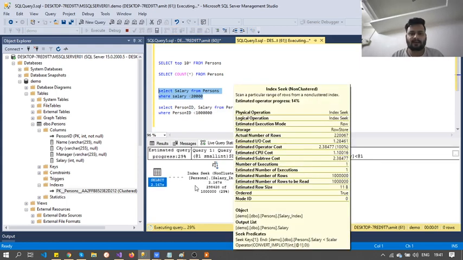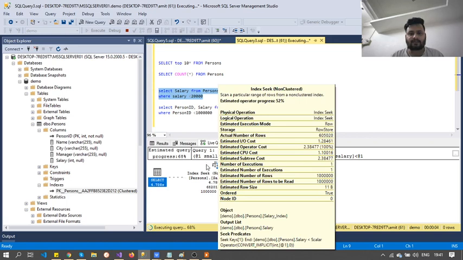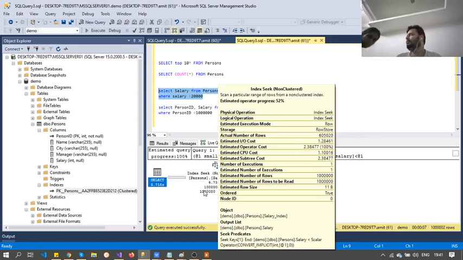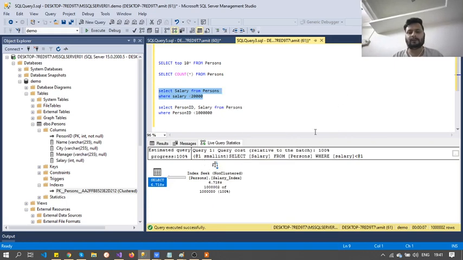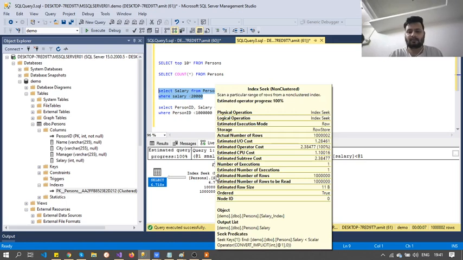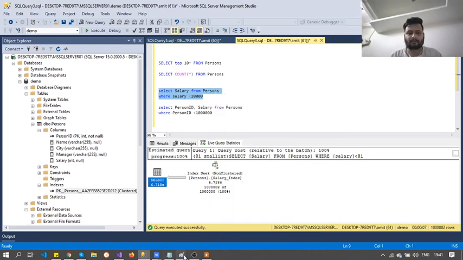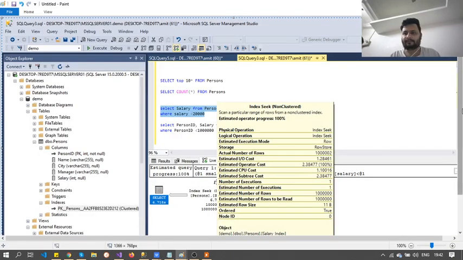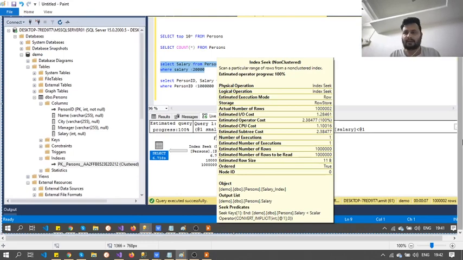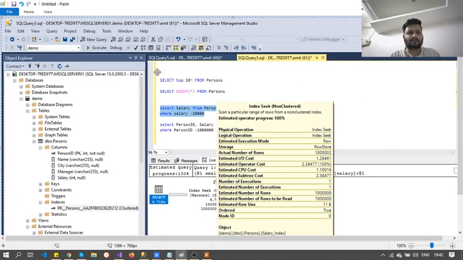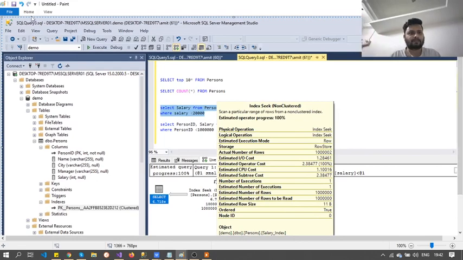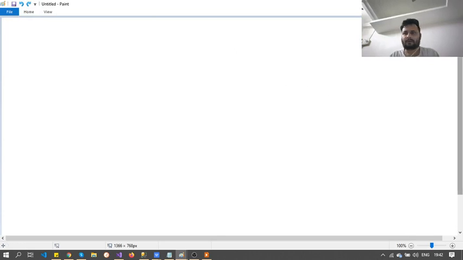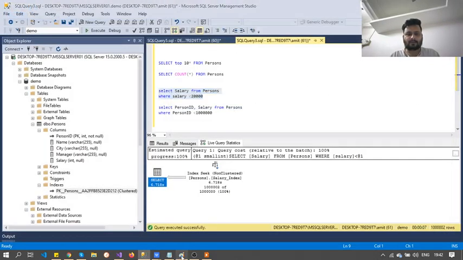Now the index used is a non-clustered index. The output is ready. Now I am again taking a print screen and I will show you the comparison. When we have made an index on this, what have we achieved? This is the motive of this system. Give me 1 minute.